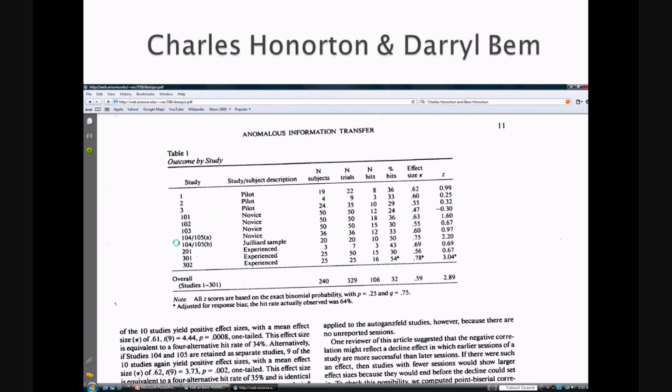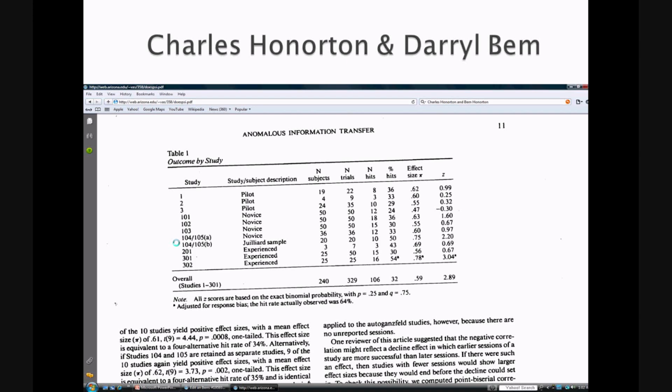Another meta-analysis that replicated the results found in the post-joint communique is the Honorton and Bem meta-analysis. In 1994, Honorton and psychologist Bem published a Ganzfeld meta-study in the Psychological Bulletin. In case you don't know, a meta-study is a cross-section of independent studies within the same research. The study included 100 men and 140 women in 354 Ganzfeld sessions. The age of these men and women ranged between 17 and 74.